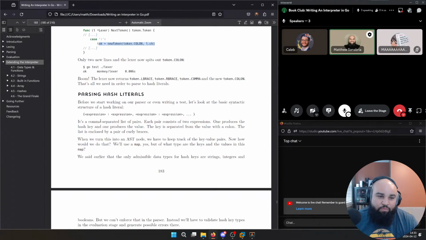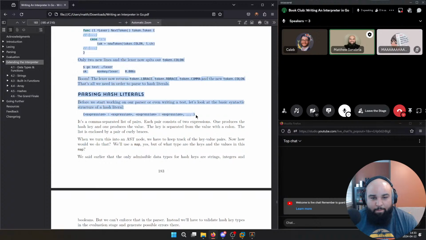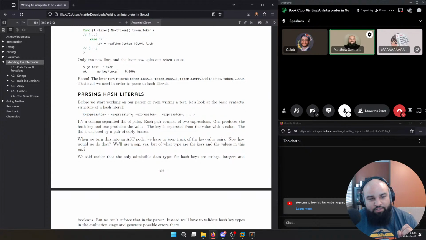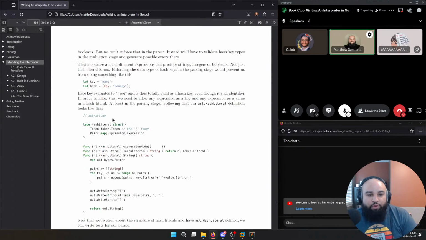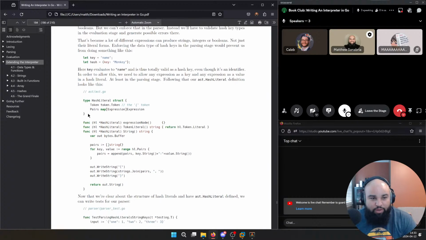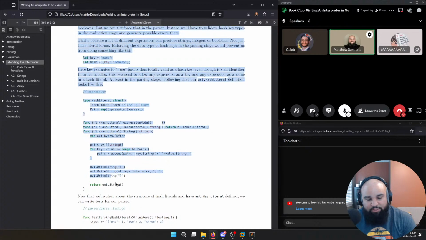Moving into parsing, we have to parse these hash maps in this kind of format. It will be a left brace, left squirrelly brace, whatever you want to call it, an expression, a colon, an expression, a comma, and repeat that over again. So it's comma separated lists of expression, colon, expression pairs. What does that mean for code? That means for code, we need another type to store these expression pairs. We need a literal, and we need its methods.